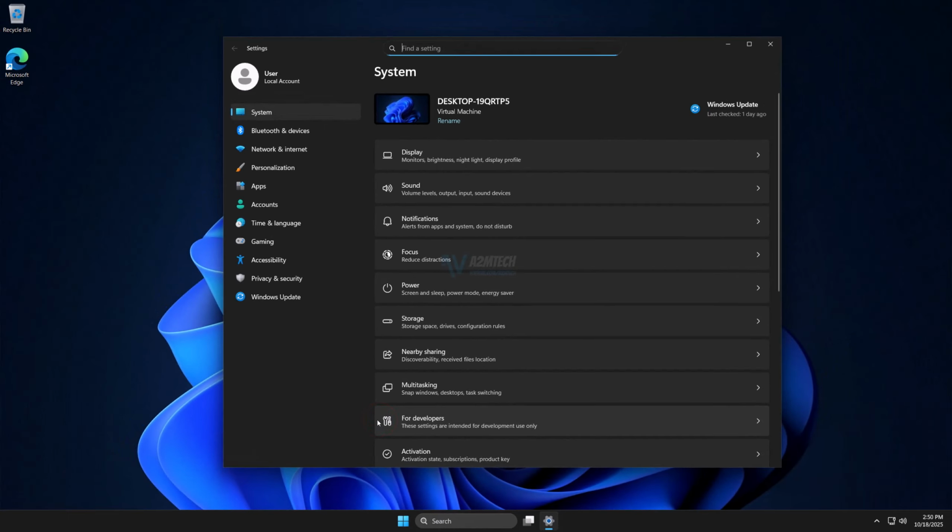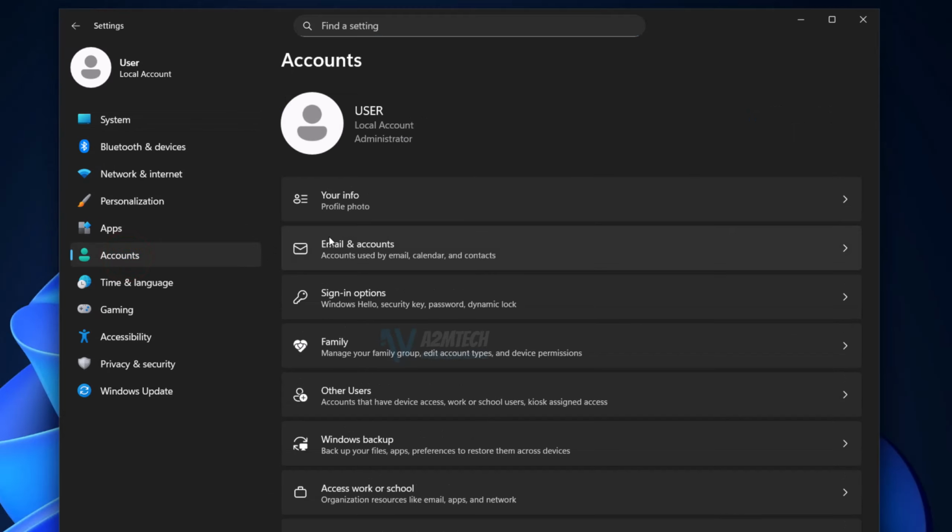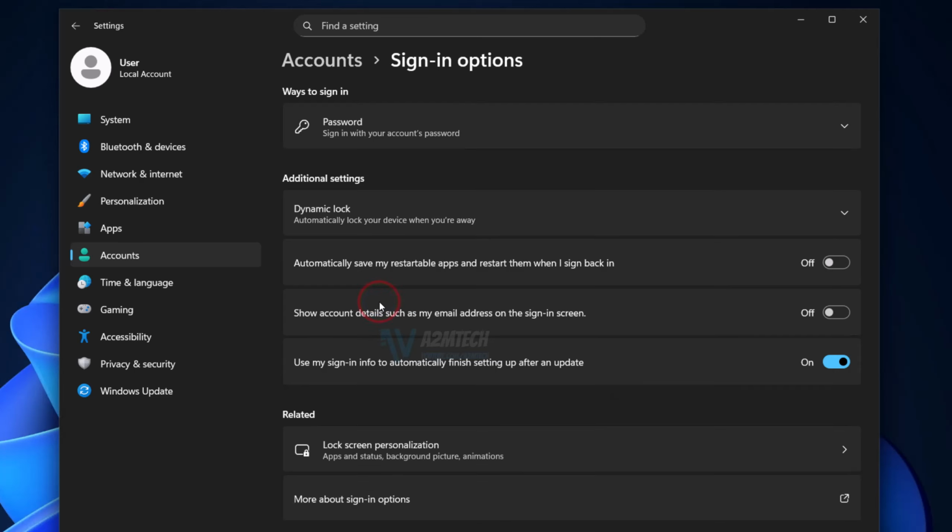settings, click on accounts, and here you can see sign in options. Click here and you have an option to add a password here. Click on password